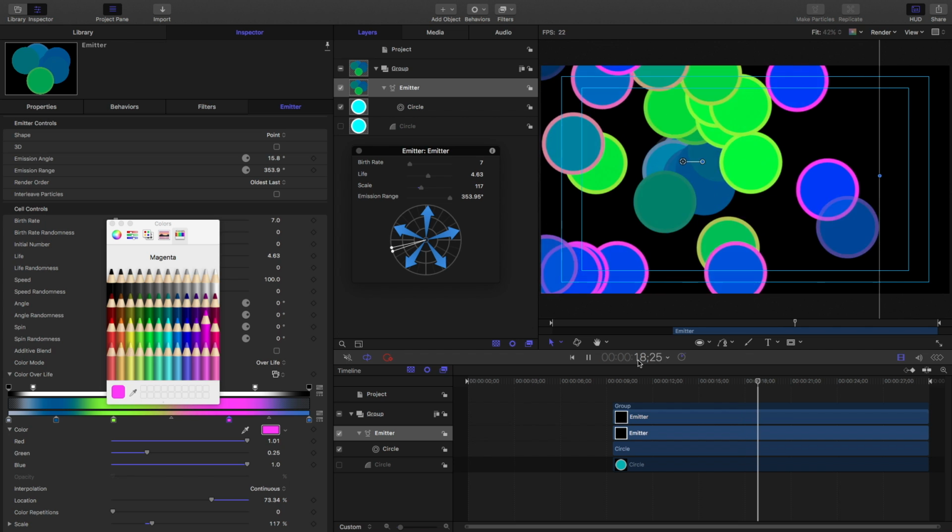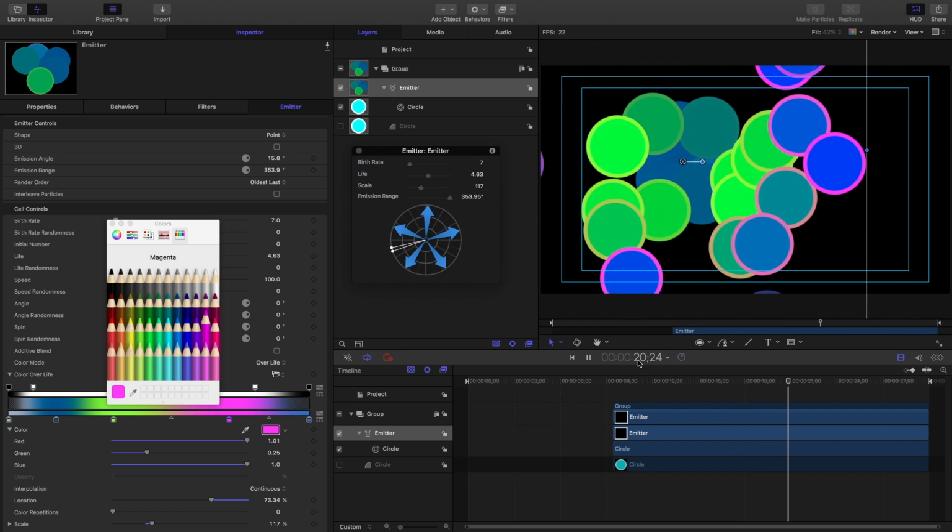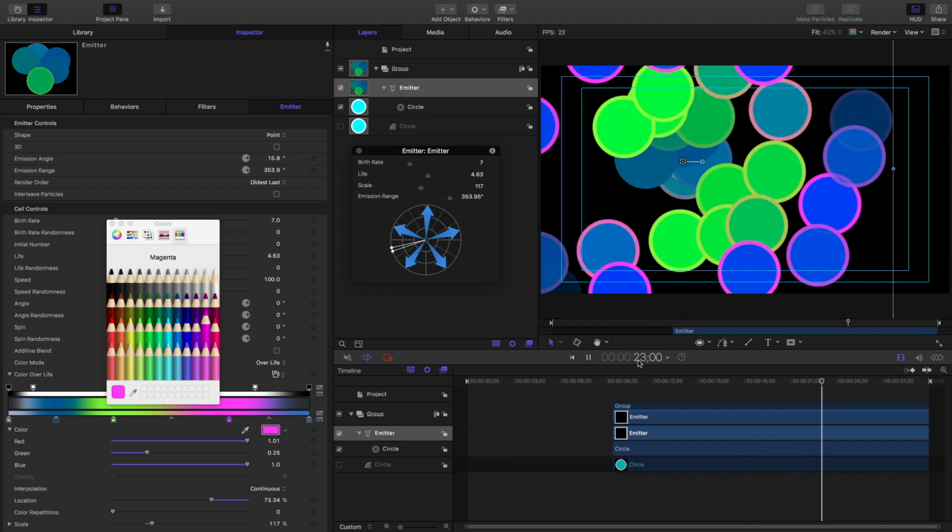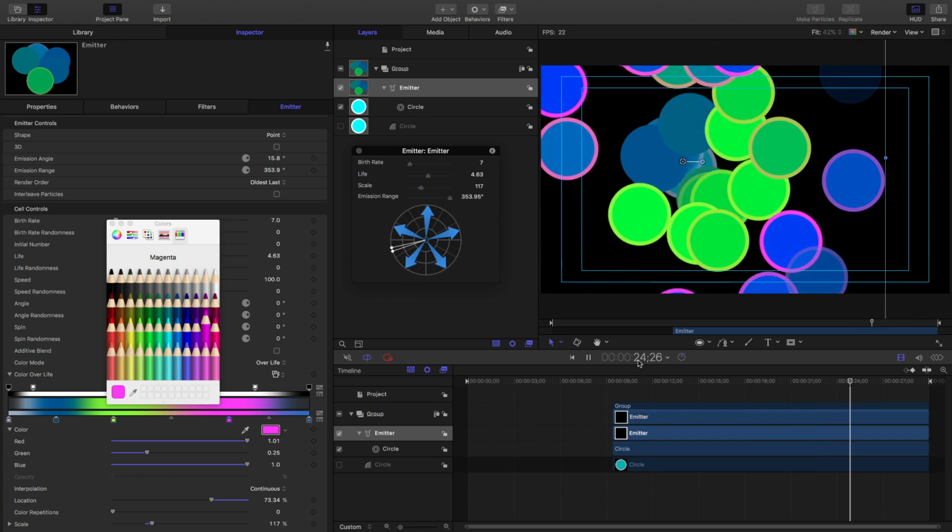So that's the emitter at a glance, and the trick will be doing something creative with it that makes it look sharp and not like a gimmick. Speaking of gimmicks,